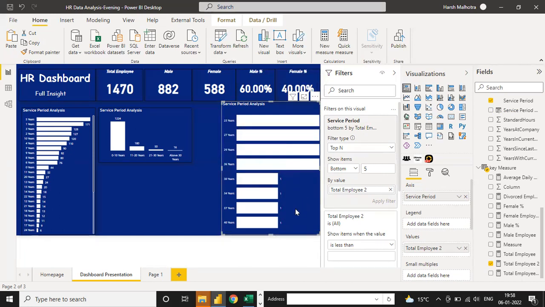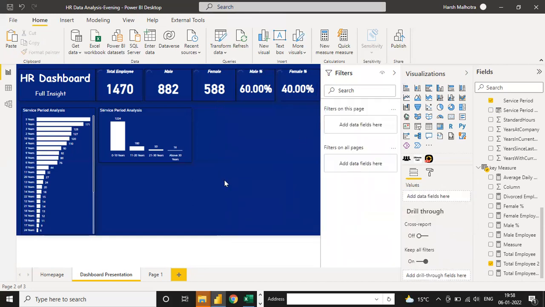But if you use a DAX function, this will count directly on a percentage basis. So right now I am just removing this one. I will tell you in a later class how we perform top 10 or bottom 10 with the DAX function. It is very easy, nothing hard, but a little advanced, so I think you cannot understand it completely now.